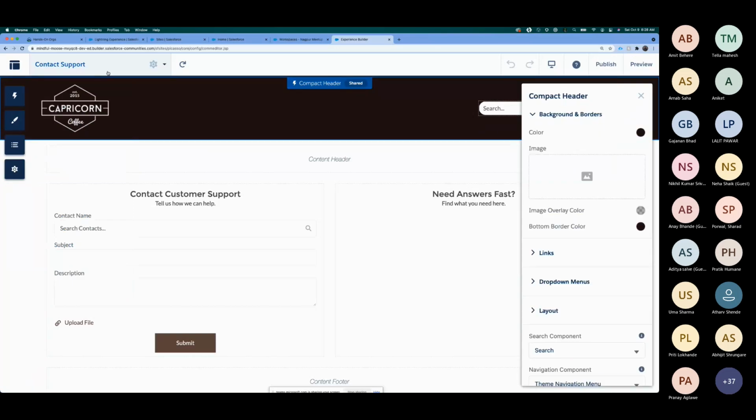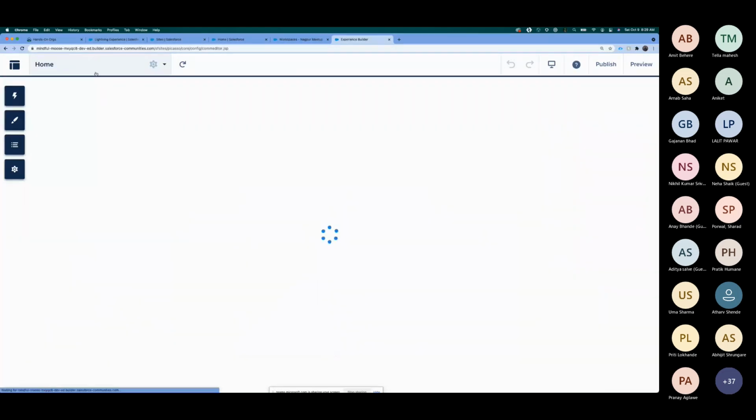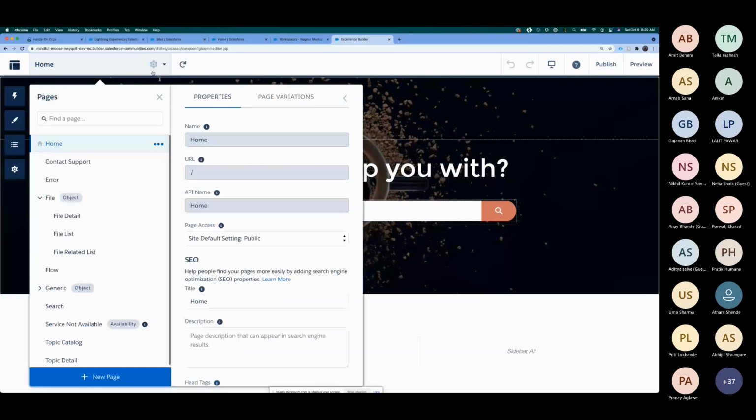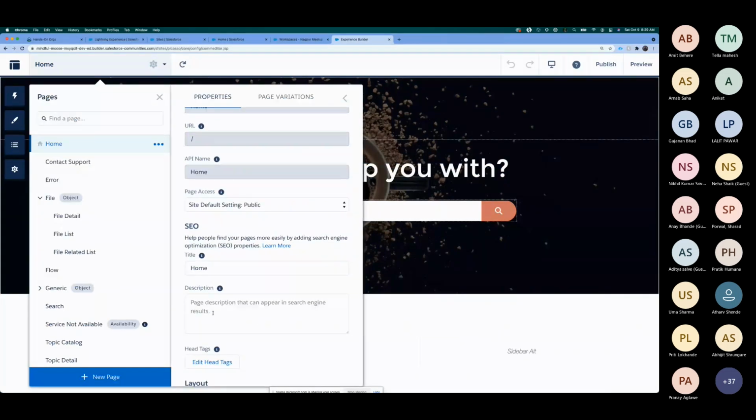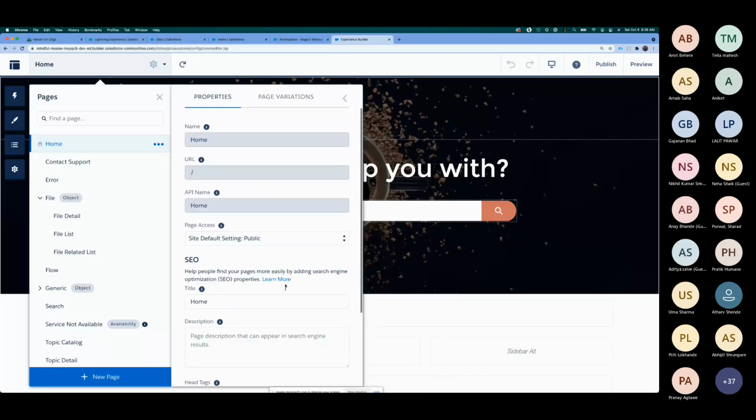Now, this one basically shows you what the different pages are, and all those pages are there by default. You can create your own pages, and each page has its own settings. Whenever we create any website, we provide the description, the title, the SEO stuff. You can change the layouts also. There are not many things available in this. You can reconfigure who can access this page and who can do what.